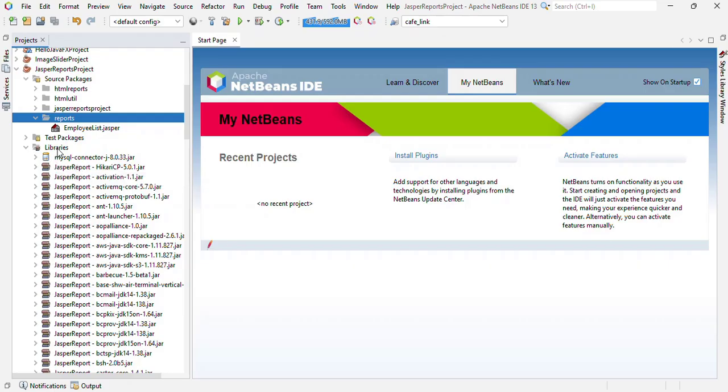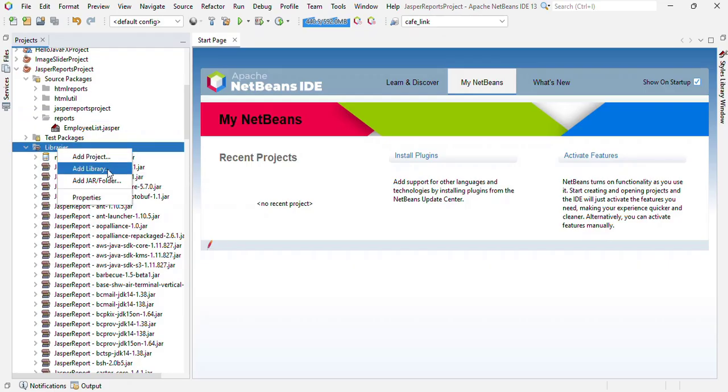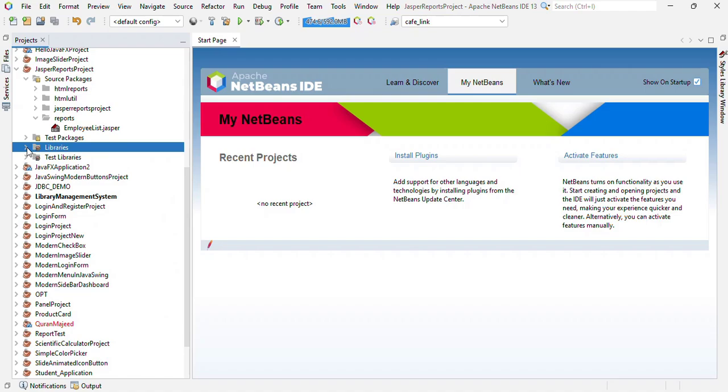Whenever you want to add them, just right click on this. We have Add Library and Add JAR. You can use these options to add libraries and jars. But if you want to skip that,